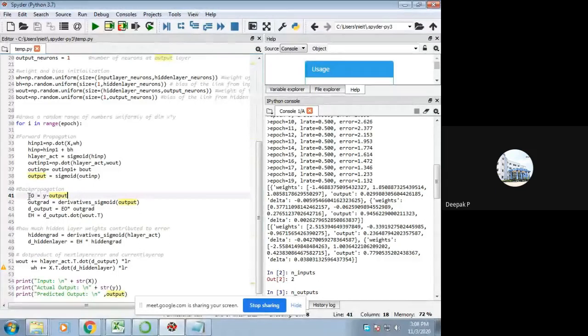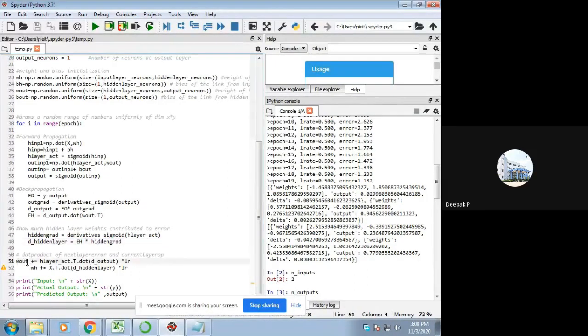Okay. Then what is the error? What is the out gradient, the derivative of the output error? So I need to get it to be reduced. So I'll be calling the outgrad function. Then I'll be getting the error for the hidden units. This is the error for the output. This is the error for hidden. And what is the actual derivative for the hidden layer? And what is the hidden layer's expected value, error through hidden